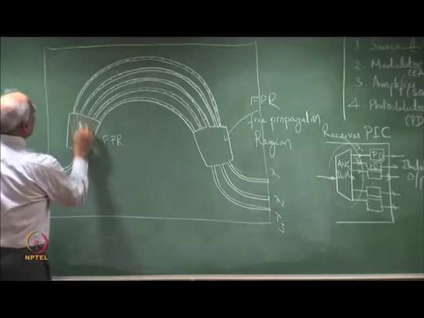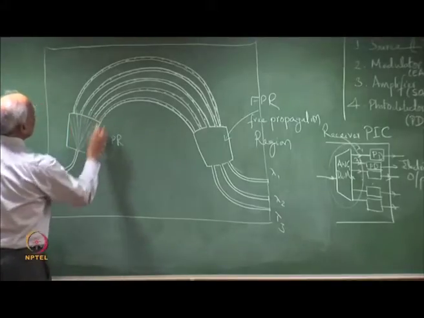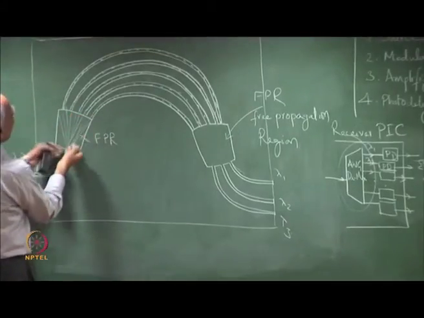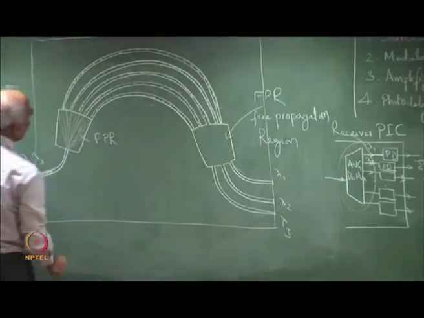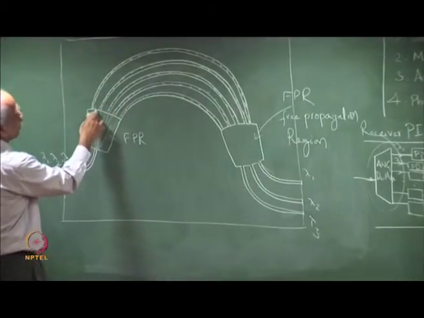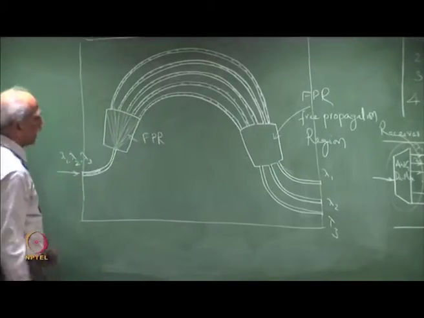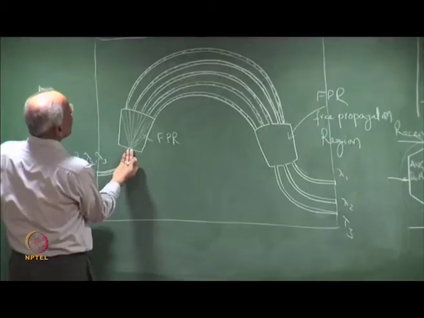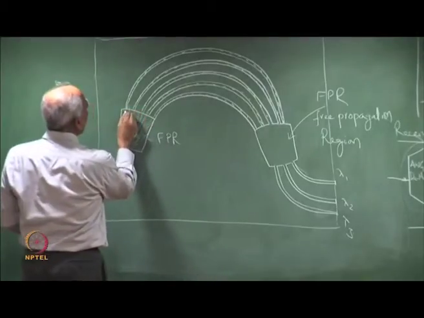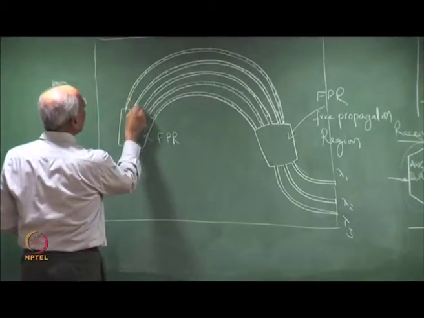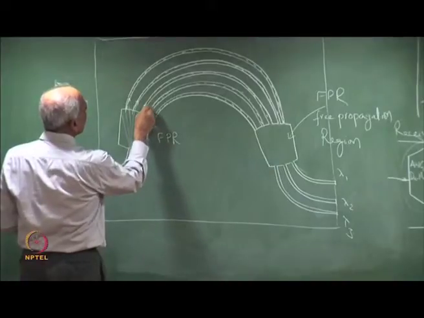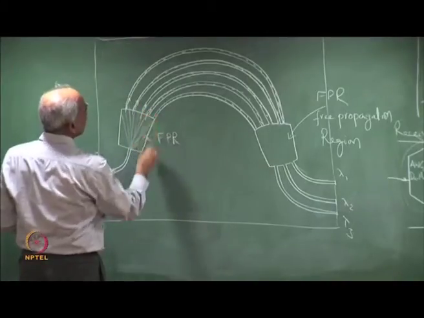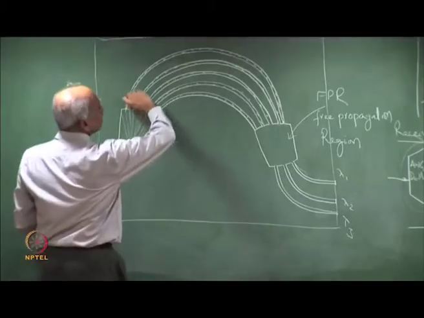Almost all the light is collected, but I have shown only 4. So, it looks as if there is a large gap, but a major part of the light which is propagating through here is collected by these waveguides, or they excite the modes of the waveguide, which then propagate along this